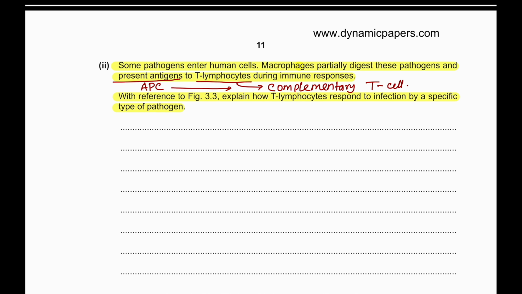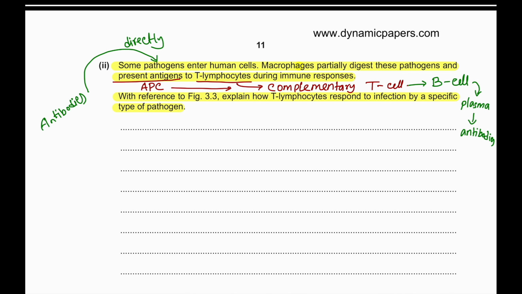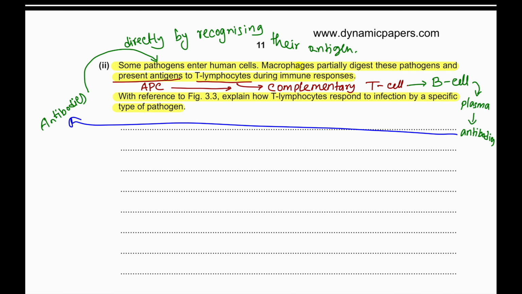Once the complementary T cell is found, then that T cell will get into the action of activating the B cell. The B cells are responsible for producing plasma cells, which will then produce antibodies. The antibodies will fight off the pathogens directly by recognizing their antigen. So the answer can be written: clones of T lymphocytes